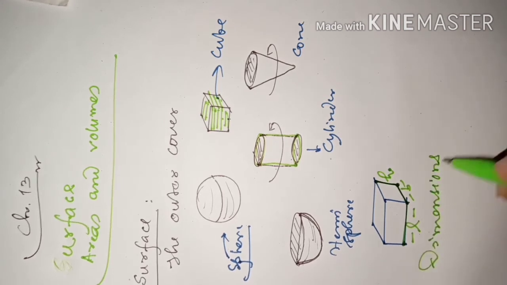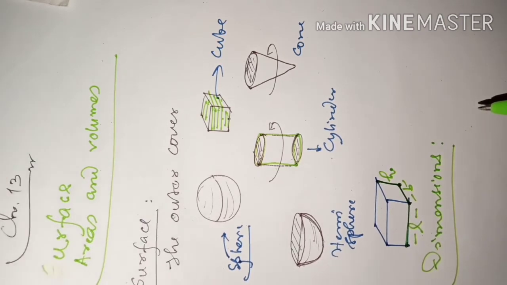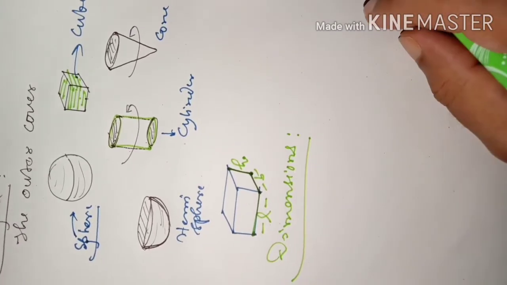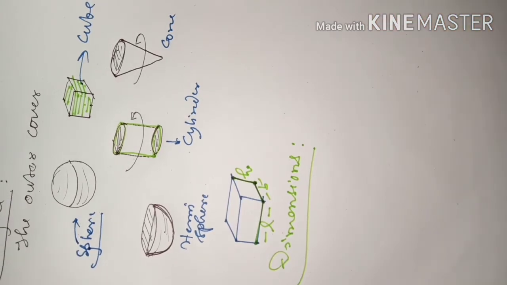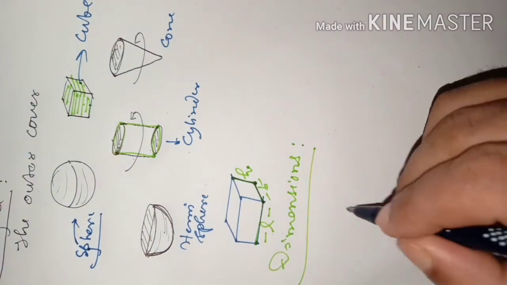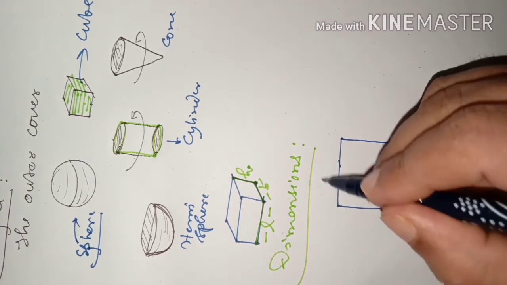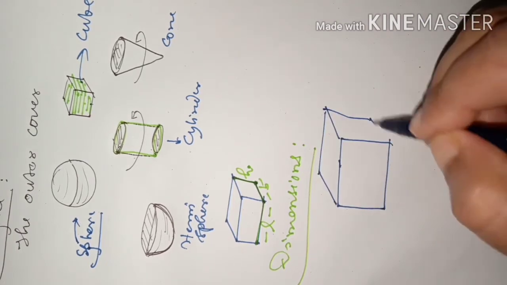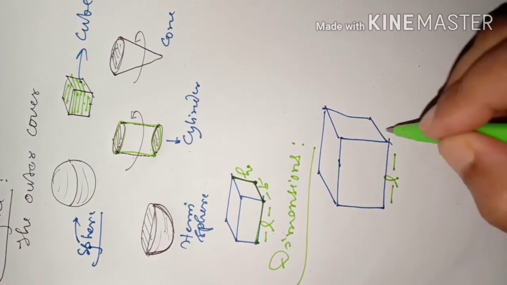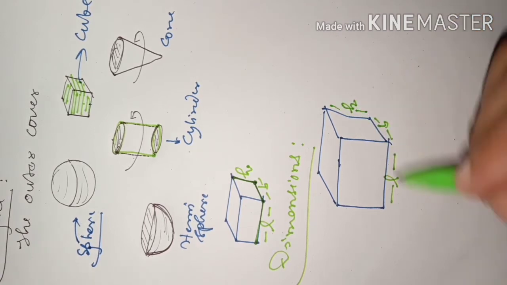What are dimensions if you are asked? Then you can say the measures of a solid object to give the idea of the size of the object, the numbers that we will be using. Suppose you have to say the size of a room, how big your living room is. You want to express it by means of numbers. You will say the number connected to the length, the breadth of the room, and also the height of the room. So these are called dimensions.